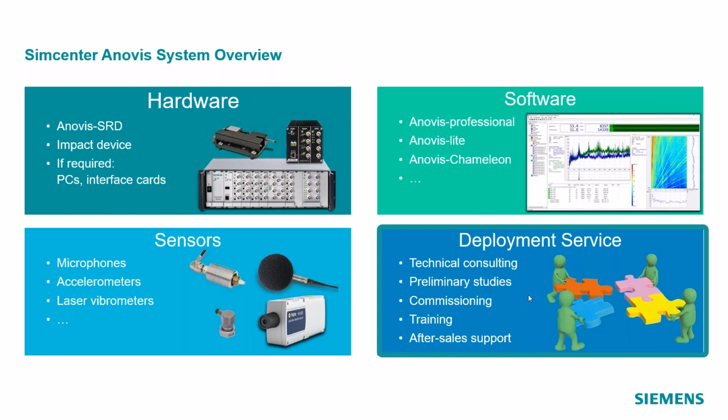Now I want to show you what we do during technical consulting and commissioning. The steps you see in the next slides are not the typical start of working with the ANOVUS system. If you buy an ANOVUS system for the first time, you will get it pre-configured. What I show here is how we configure the setup. If you have an NVH specialist in your plant, we can train this person so that you can do the complete setup yourself and keep the expertise in your plant. Or you get an impression of what we are doing when we talk about commissioning.